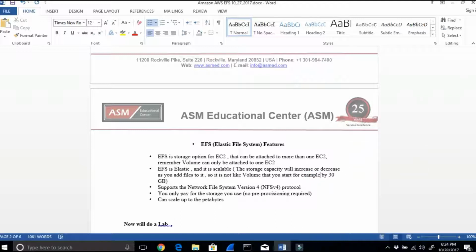So what I'm saying is, when I create a regular EC2 instance and want to add a volume, it asks me what the size is, like 30 gigabytes. But EFS is not like that. We don't start from a size, okay? It is elastic. It supports the Network File System version 4, NFS 4 protocol. You only pay for the storage you use. No provisioning requirement. You can scale up to